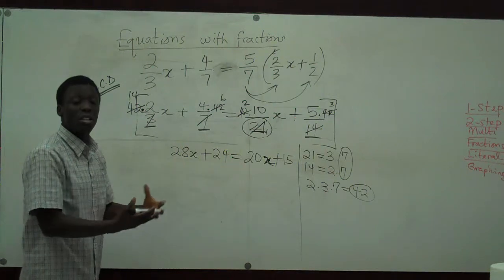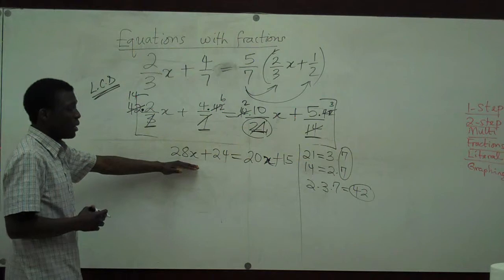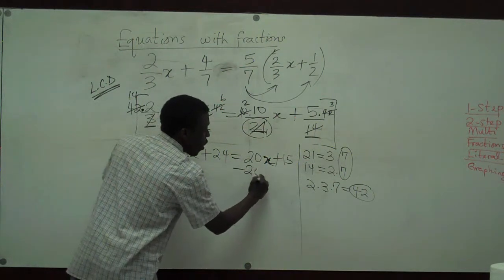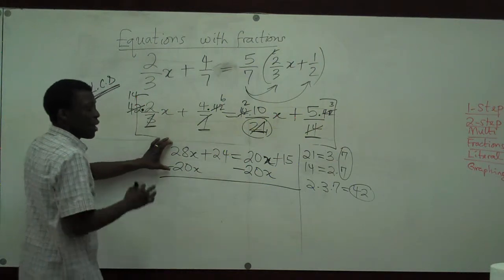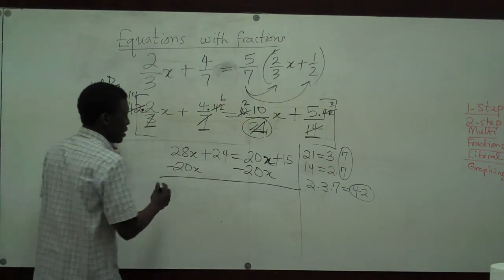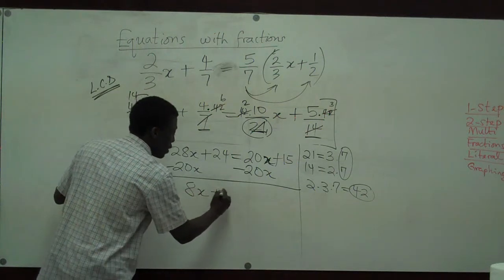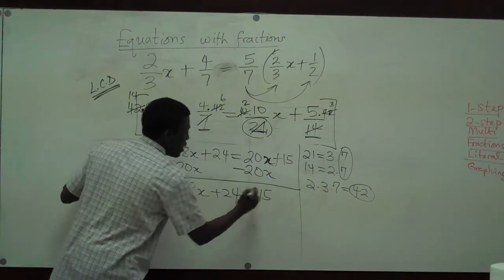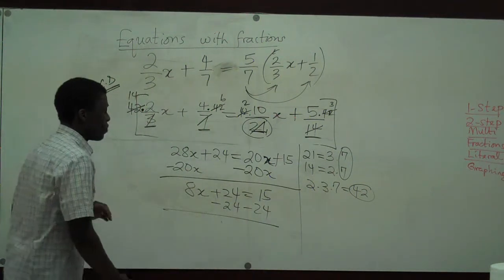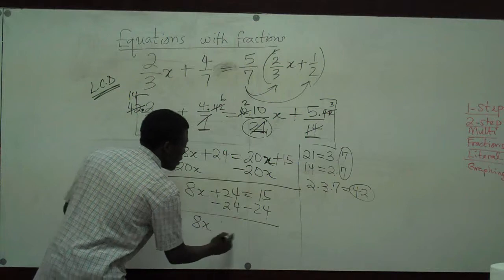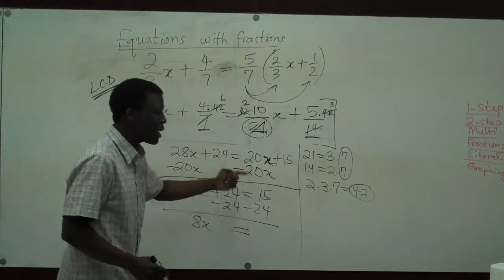So you've seen these probably. If you're dealing with equations, you should have seen just a general linear equation. And I'm going to move all the variables to one side. All the terms with variables. And so we have 28x minus 20x. We have 8x. And then you have this 24 still there. And that's equal to 15. So then I'm going to subtract 24 from both sides. Okay? So that leaves me with 8x is equal to, so we're subtracting 24 from both sides, so 15 minus